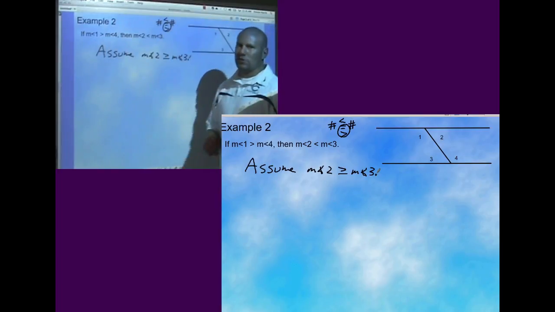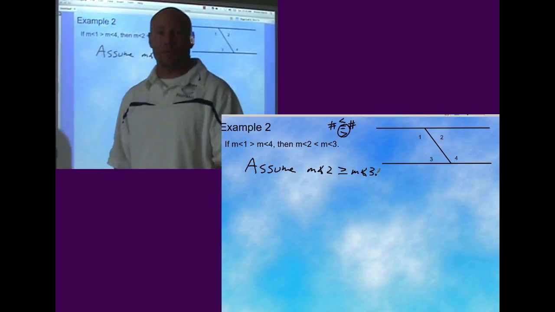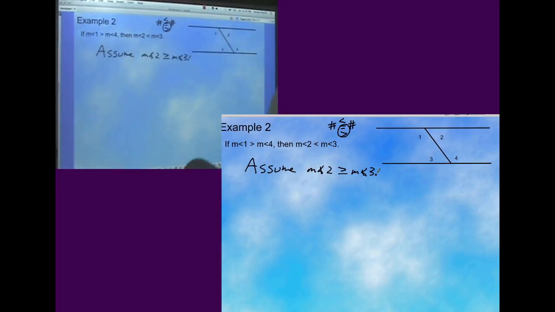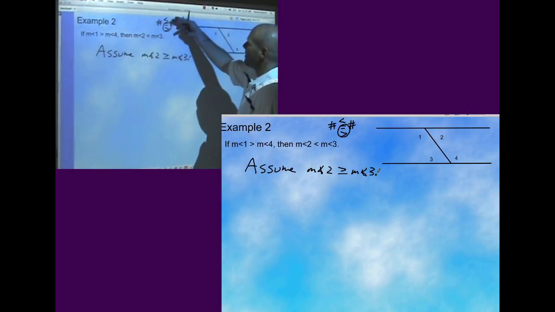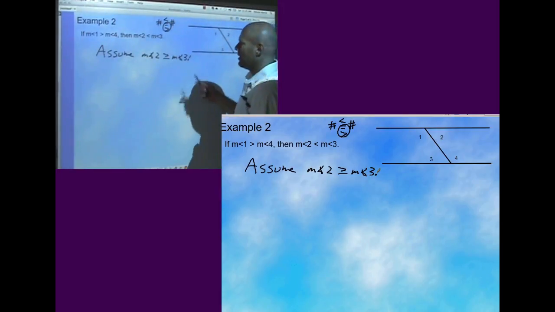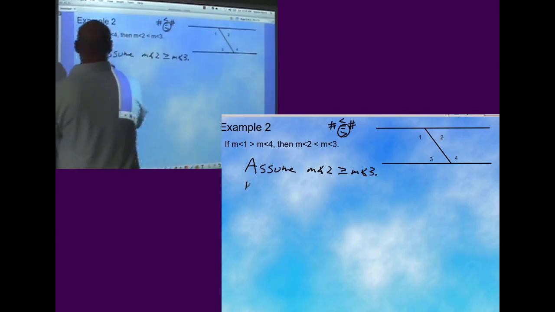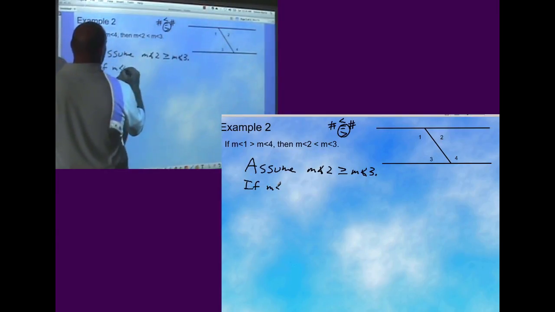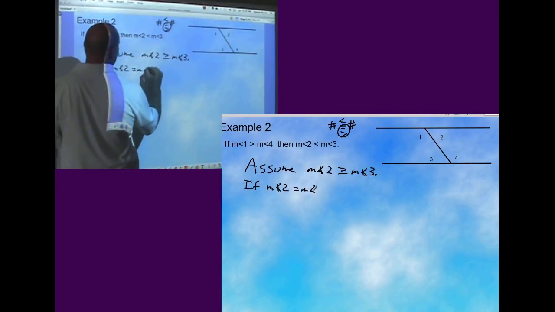Now I actually have 2 things I have to do here. I have to prove the greater than part, and I have to prove the equal to part. And I have to do them both. And yes, this makes this one a little bit longer than the way I would normally go about it, but it does help me show you that this type of idea takes 3 cases, and I've got 2 things to deal with. If the measure of angle 2 is equal to the measure of angle 3,